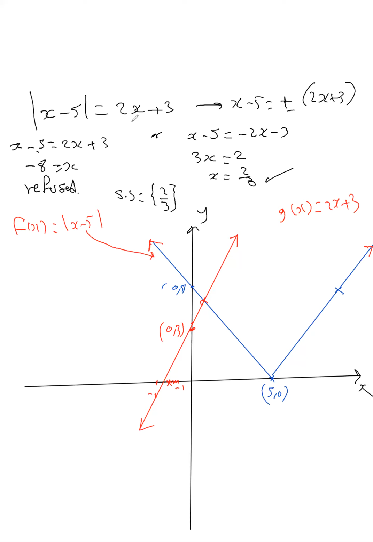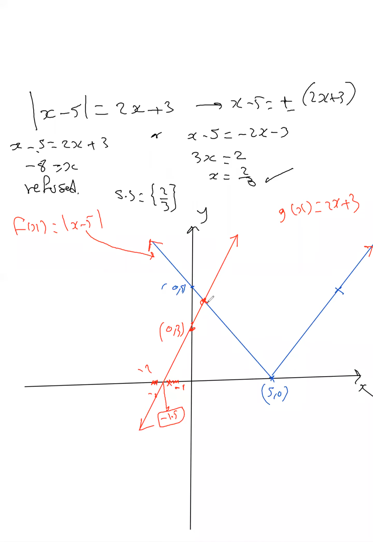The second one will be 2x plus 3. The y-intercept is 3 and the x-intercept is negative 3 over 2 which is negative 1.5. So here negative 1 and here negative 2 and this is negative 1.5 which is the x-intercept. And draw the line and the intersection point